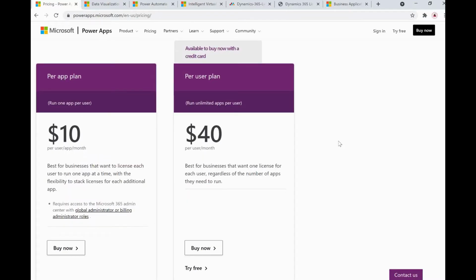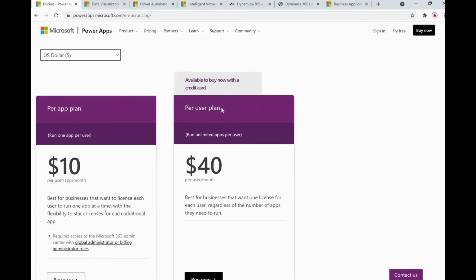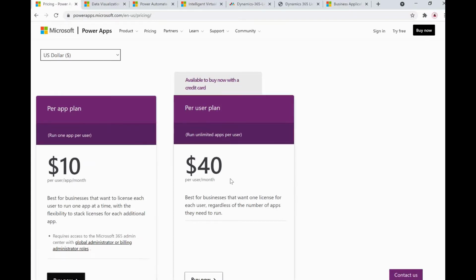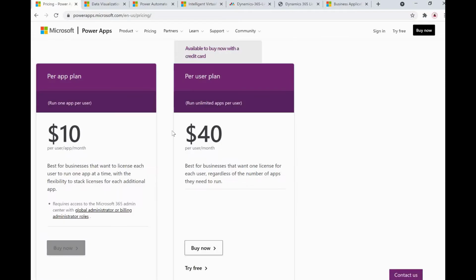And there is another plan also, the per user plan. The first one is per user per app per month, and this one is per user per month. The pricing is there. And if you want to know more details, if you are not satisfied, if there are any other